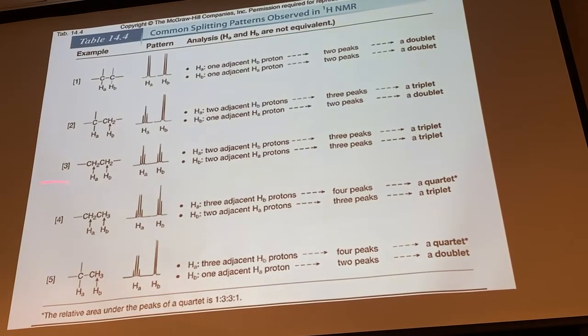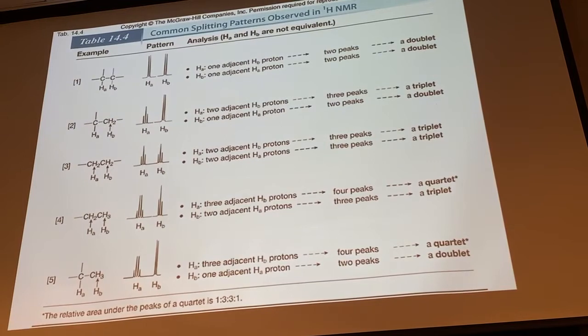This one is common. It's common to have an ethyl group in a molecule. You'll see a quartet and a triplet whenever you have an ethyl group. The CH2 is going to be the quartet, and the CH3 is going to be the triplet, okay? This one right here, number 3, again, I'll emphasize this. You only see this pattern if these CH2s are not equivalent to each other,